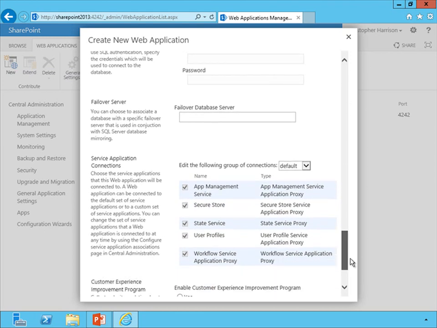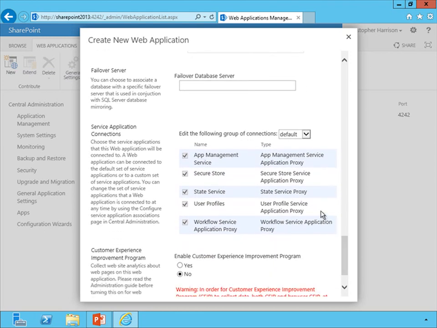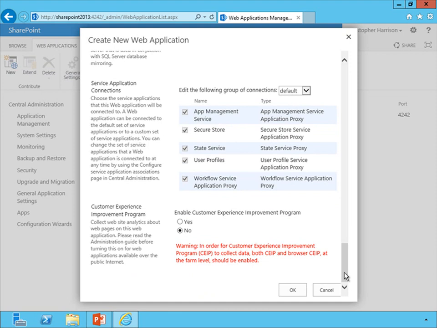I'm going to scroll on down. You're going to notice my failover server. That's if I'm using mirroring, so I can point that at a mirror server. I've got my service applications, so I can pick and choose those as needed. And then finally, last but not least, I can choose whether or not I want to send experience information to